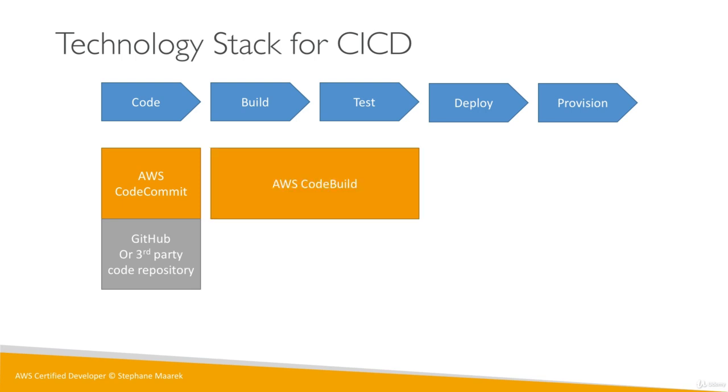Then to build and test, we have the option on AWS to use AWS CodeBuild. Very easy, and this can do both builds and tests. And usually these steps are quite similar and bundled together. Or we can use something like Jenkins CI or a third-party CI server. Obviously, there is always the choice to move away from AWS.